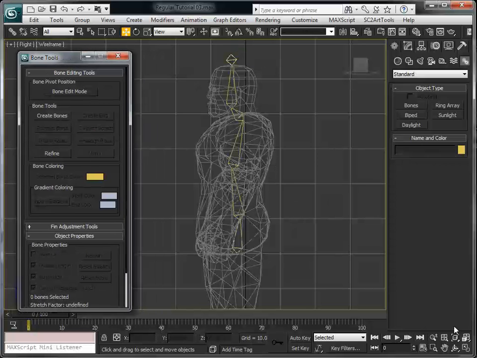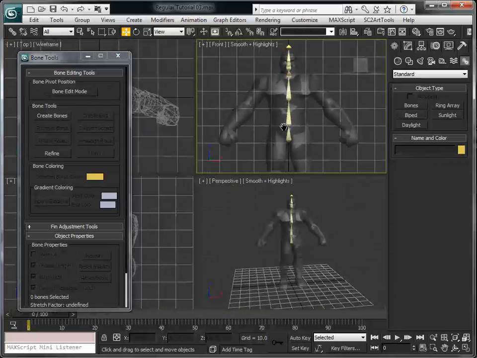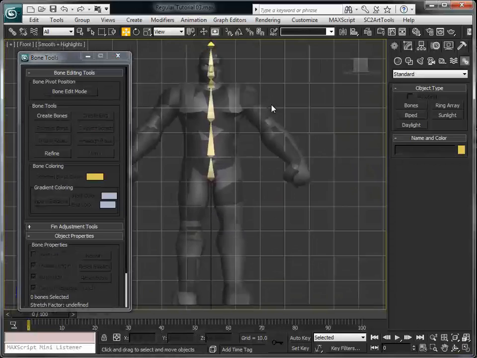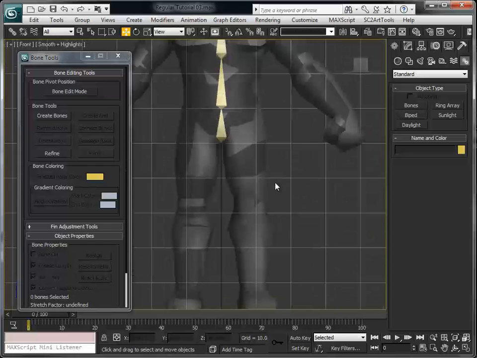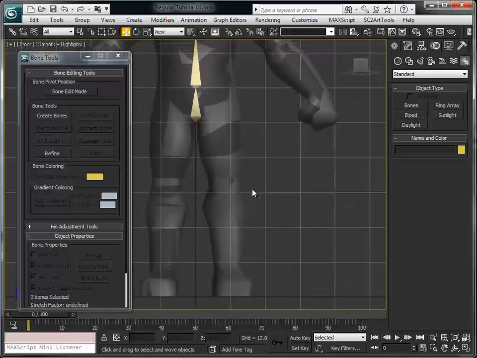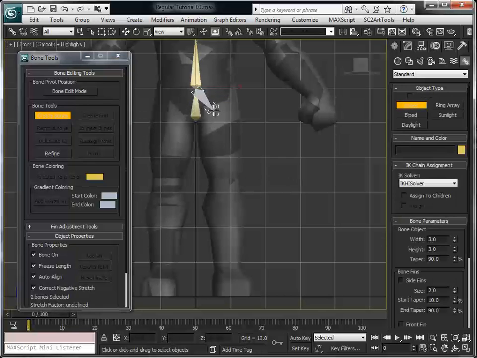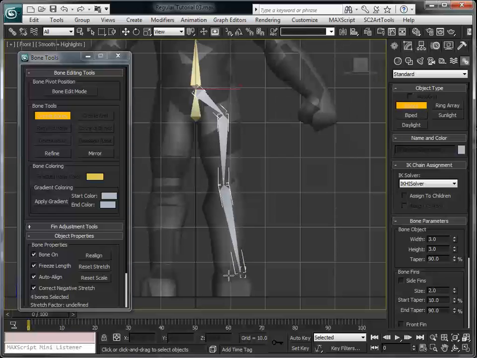Okay, so we move back to the front, zoom in, and we're going to do the leg. Now the leg is, in my opinion, the most difficult one. Not for positioning the bones, but for making it decent and animable. So create bones. I select the pelvis and go there, stop at the knee, somewhere around the knee, stop around the ankle,